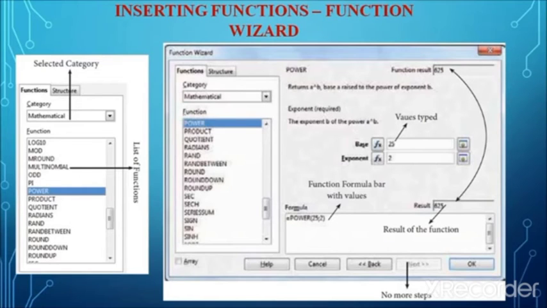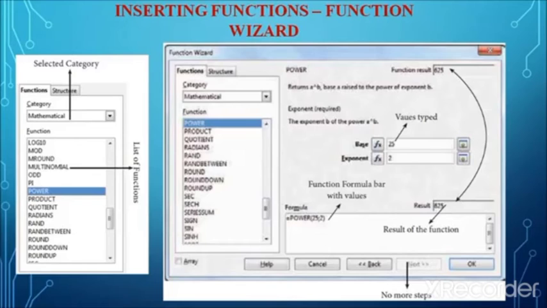Either the user can directly type the cell address, which is the first step, or the user can click on the button, it automatically redirects to the worksheet, and there the user can select the cell, that is A2. If we click A2, automatically the cell address will be taken. Like that the user can feed the inputs.